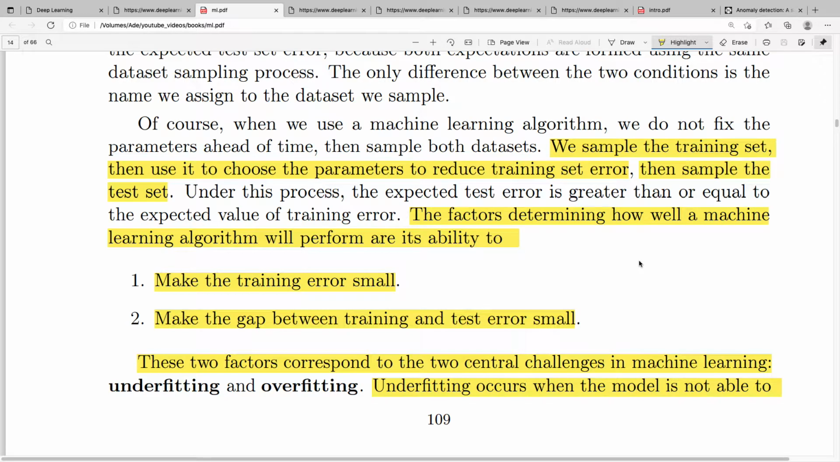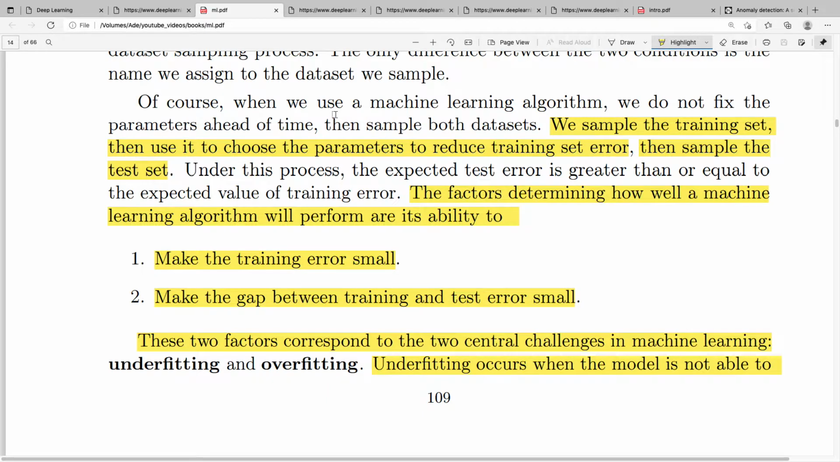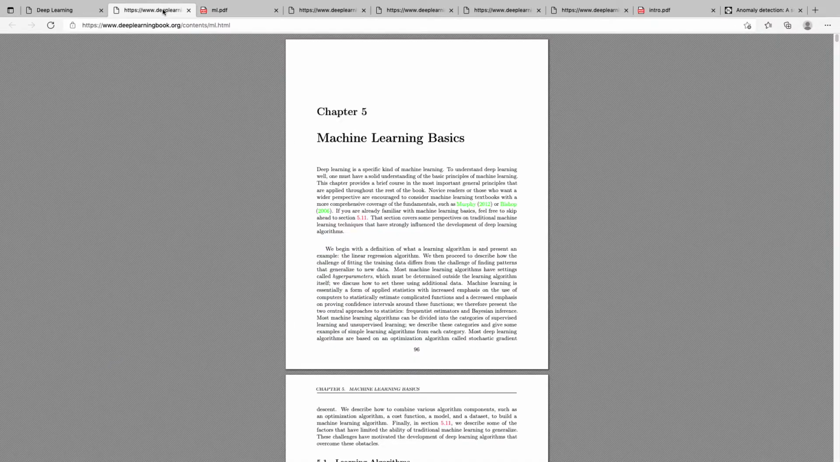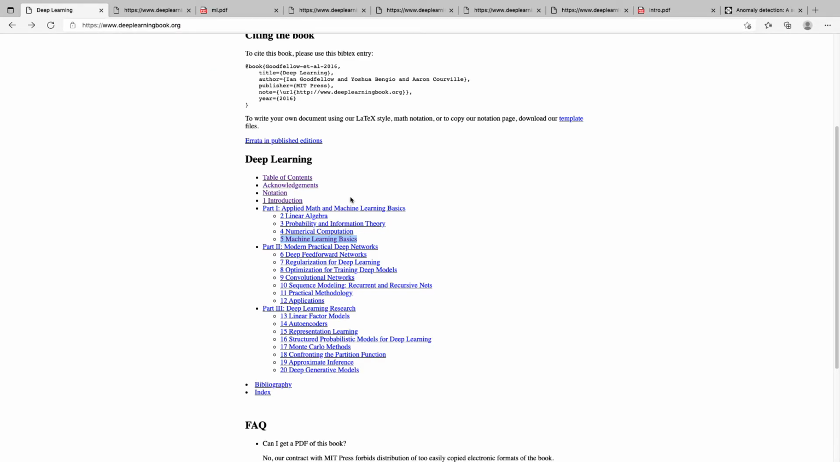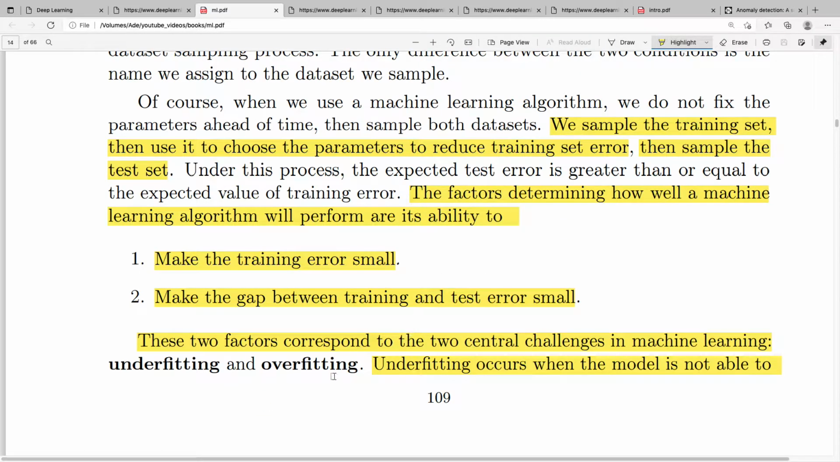Now, today we shall be looking at a very important concept, underfitting and overfitting. And I love the way it was expressed in this textbook, which I highly recommend. And you see here, underfitting is defined as a situation when your model does not perform well on the training